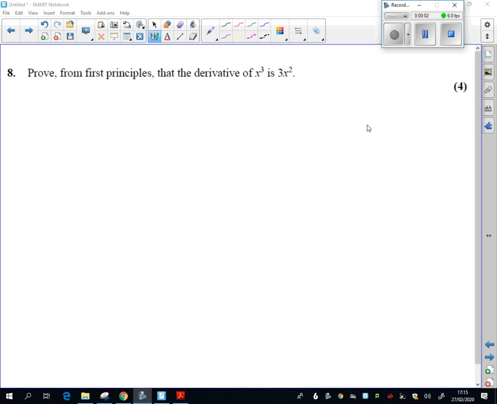Differentiation from first principles. It's quite a standard question. So don't forget that you are given this on the formula sheet, so you can just copy this out exactly as it appears. The limit as h tends towards 0 of f of x plus h minus f of x all over h. Okay, so that's not going to get you a mark, but if you just then put in our specific